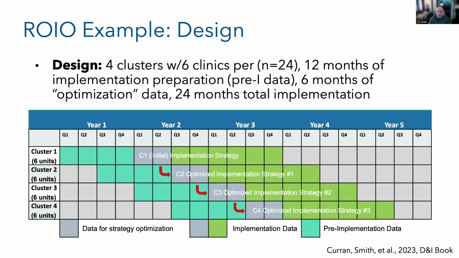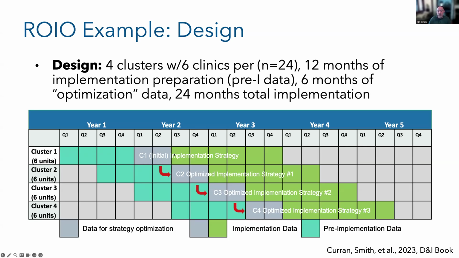In this particular design, we thought we needed 3 bites at the apple. So we have 4 clusters with 6 clinics per cluster, 24 total clinics. There's a 12-month period of implementation preparation, which is essentially this turquoise colored thing here, or teal, I guess, is a better way of saying that. And then this is the actual crossover to when cluster 1 starts. This initial gray data is the data that you'll use